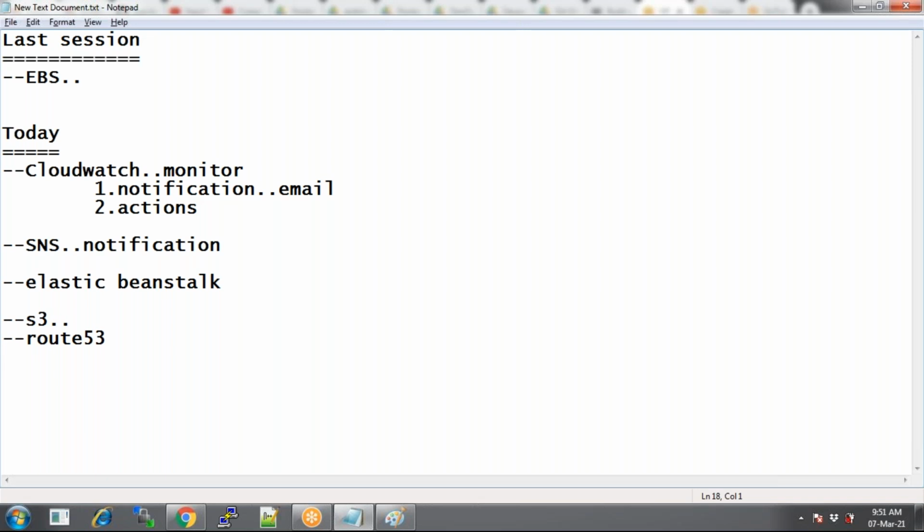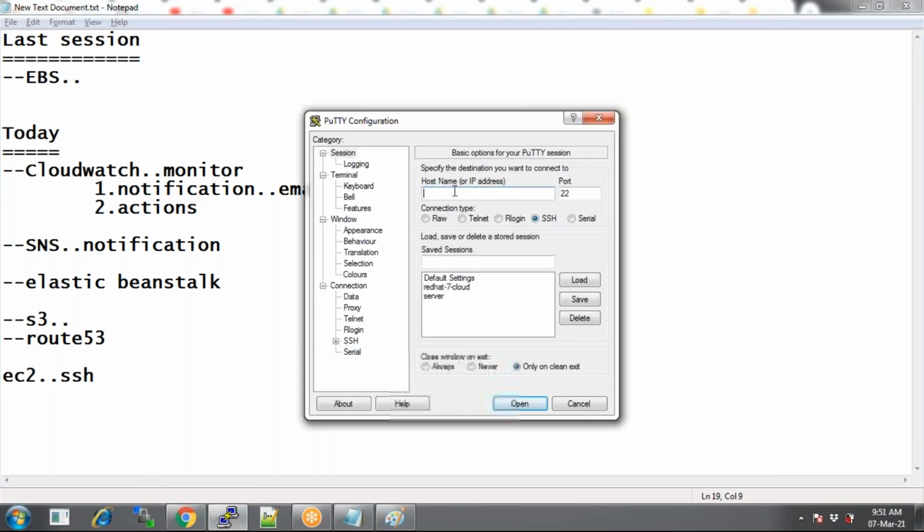Sorry, Krishna, can you repeat it again? Yeah, so I'm trying to do SSH onto an EC2 instance. I have an EC2 instance and I'm trying to do SSH. That means through PuTTY I like to log in, entering the IP address of the EC2 instance. But it's not allowing me to connect. I got an error called session timeout. What's the issue?